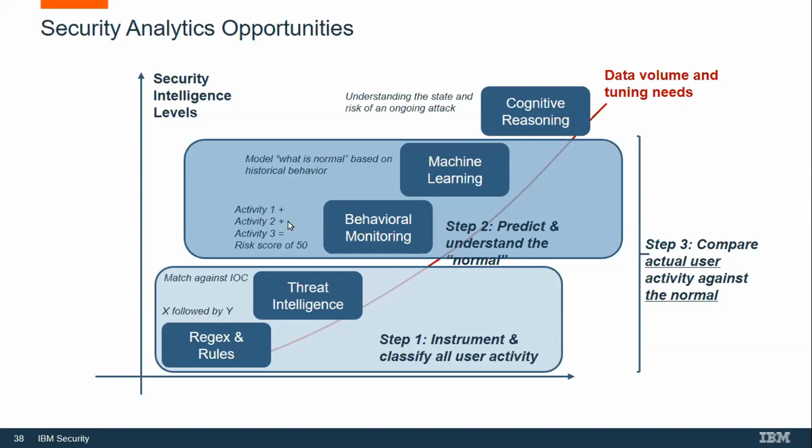And then we also want to tie in some cognitive reasoning on the top side, which is really understanding the state and risk of an ongoing attack, right? Am I having an attack? How is this attack affecting my user community? And is that changing some of the risks associated with that? And I'll say we include that as part of this because of what we see when